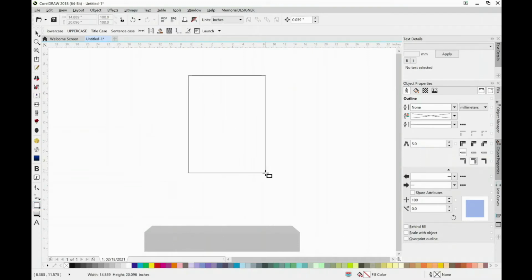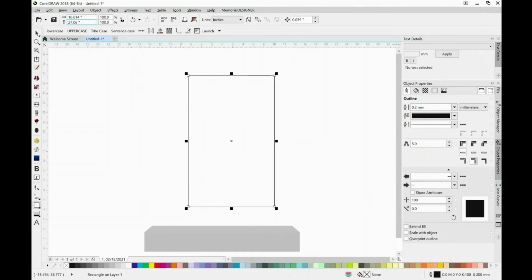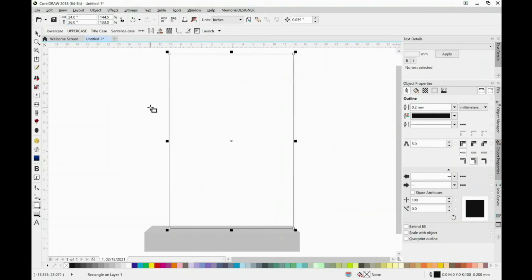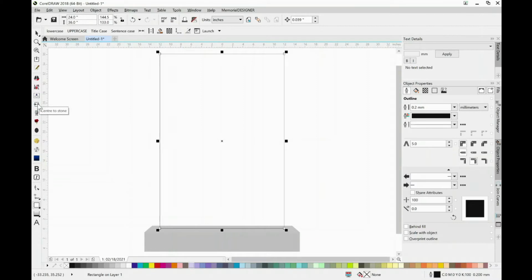So I'm going to put a rectangle in and then change the size of this rectangle to be 36 inches high and 24 inches wide. And then by pressing the center to stone button, it will move that so that the stone is now centered on the base. And I might want to just move that up fractionally. I'm just going to use the cursors to move that up by the nudge distance. Okay, so this box here defines the boundary in which this memorial shape is going to sit,